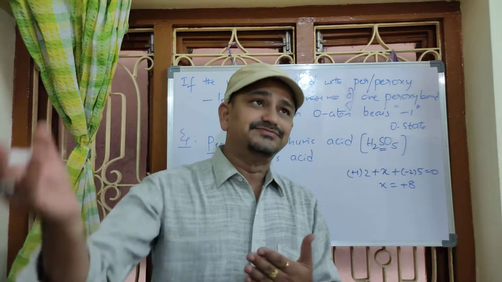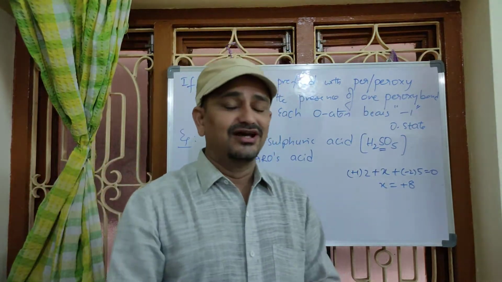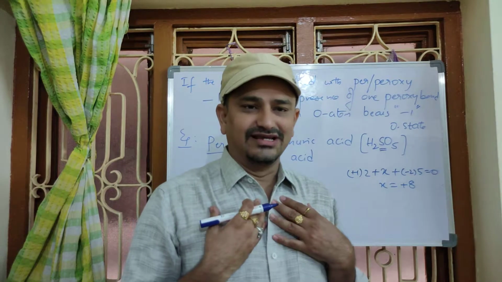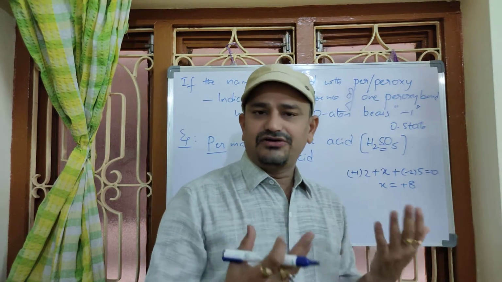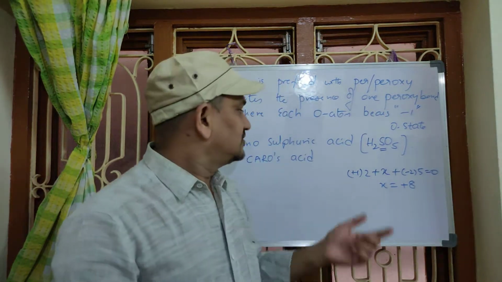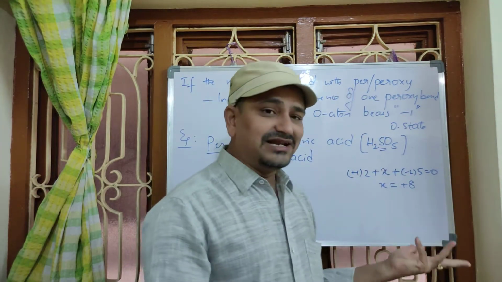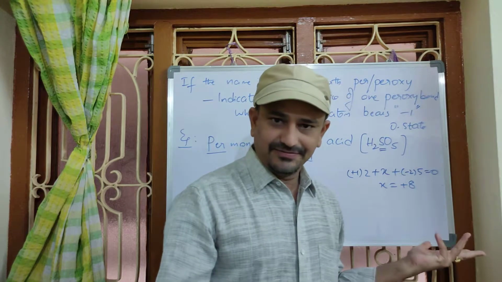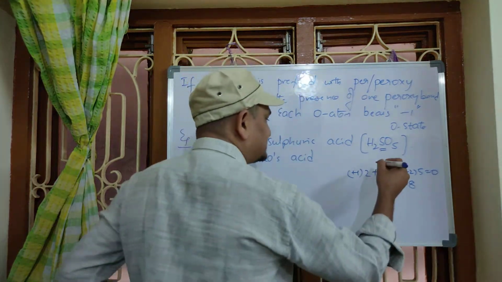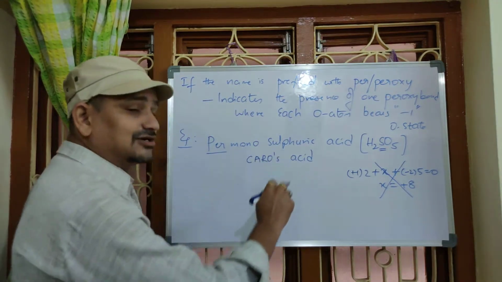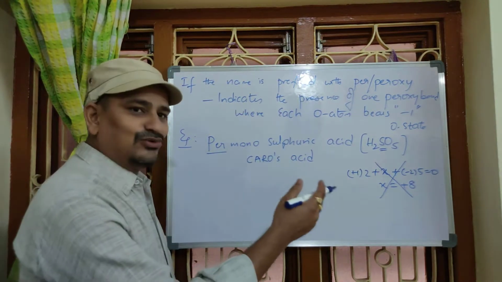When sulfur has 6 electrons in the outer shell, how can it lose 8 electrons? Tell me. I have 6 rupees only. How can I be the loser of 8, right? In the same way, sulfur has only 6 electrons in the outer shell. How can it lose 8 electrons? It's beyond the scope. Understood? That's why this one is a wrong answer. First we have to learn the wrong approach so that we can avoid it.